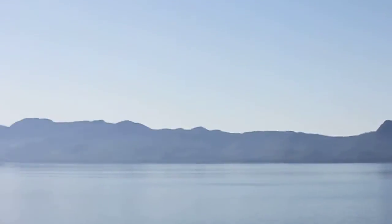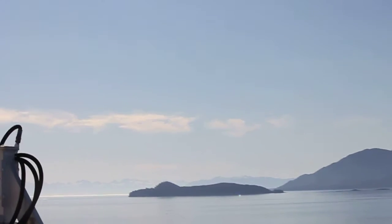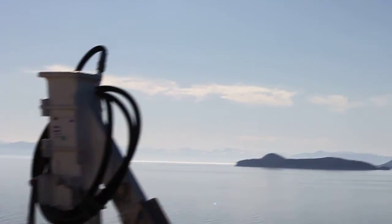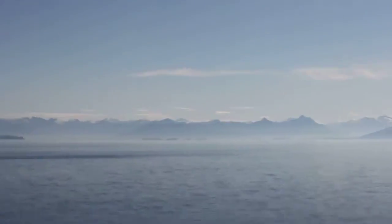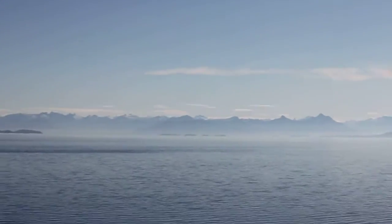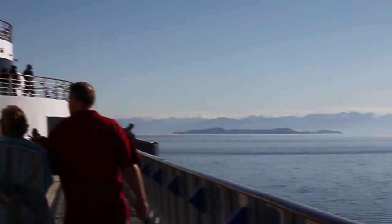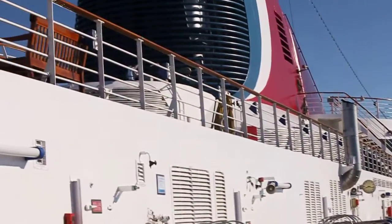They're feeding on small schooling fish like the herring, as well as swarms of krill, a tiny shrimp-like creature that will swarm these waters again throughout these long days of summer. Our location right now is Frederick Sound. As we're cruising along at this moment, we do have the north shore of